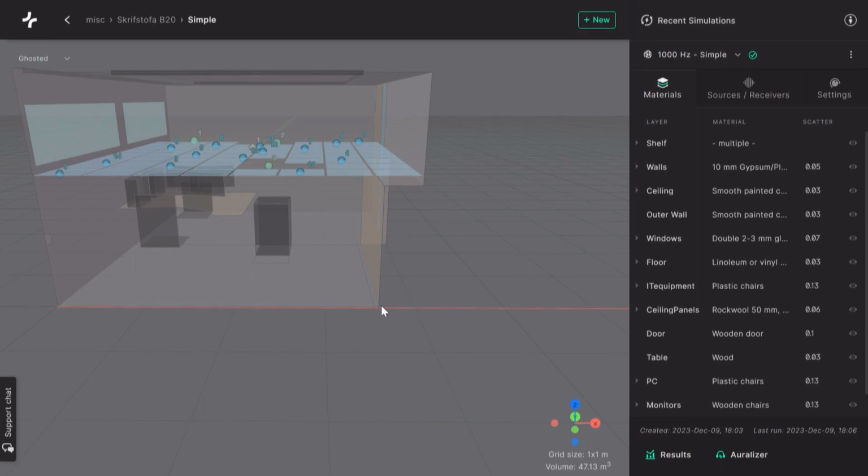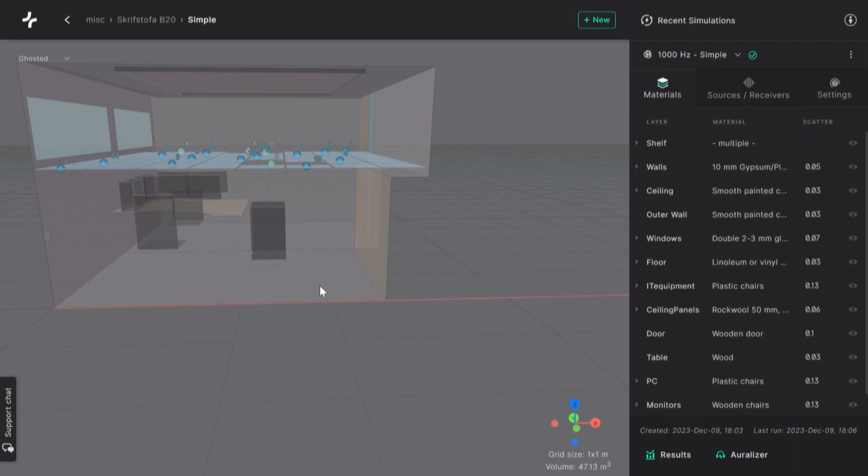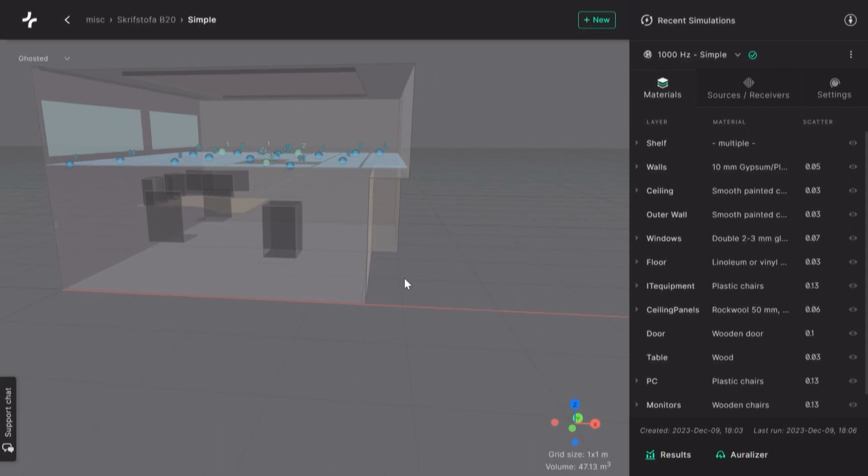So essentially what you've done is you have reduced this dimension by 10%. But think about what the wave itself, the low frequency wave, will see. It will not be affected much by a 1 centimeter thick shelf, but it will be affected by the gypsum wall behind it. What I found, and again, I'm not the complete authority on the matter, this is just my intuition,